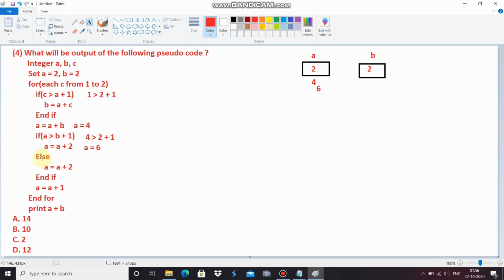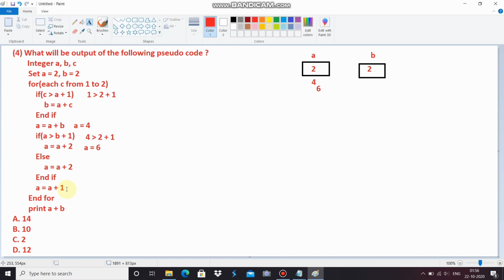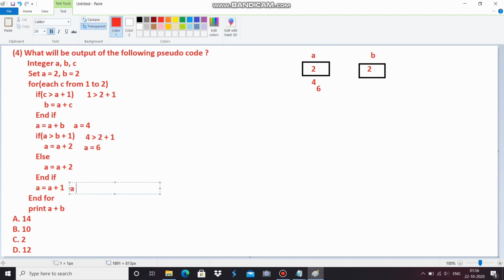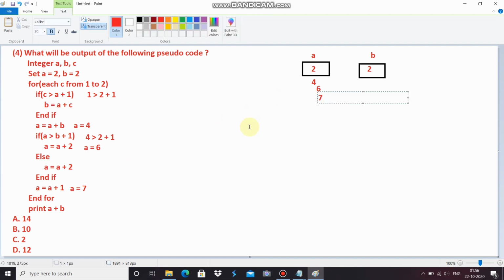Now the else condition will not be executed because the if condition is true. Then the if condition terminates. Now we have to come again to this line and find out the value of a. A is now 6, and if we add 1, then it will become 7. Also we have to initialize the value of a as 7.